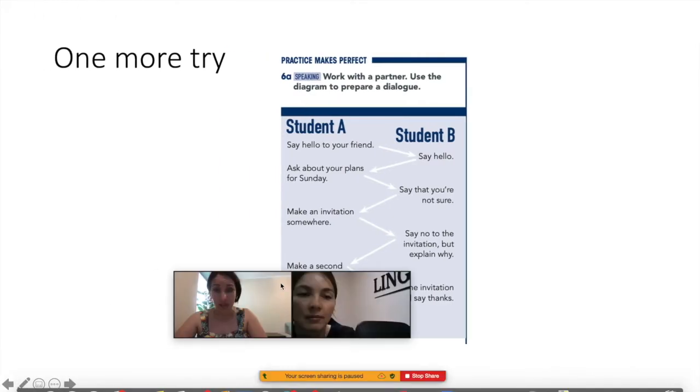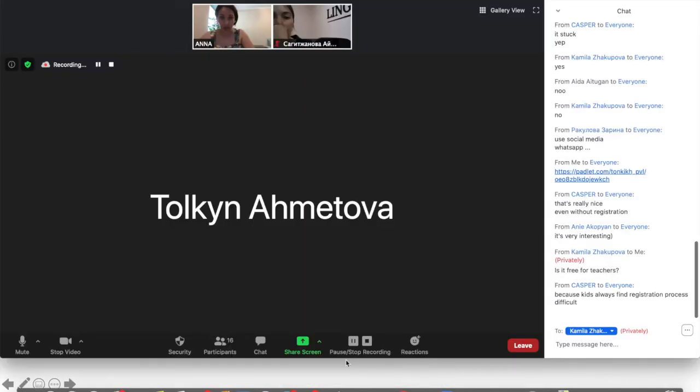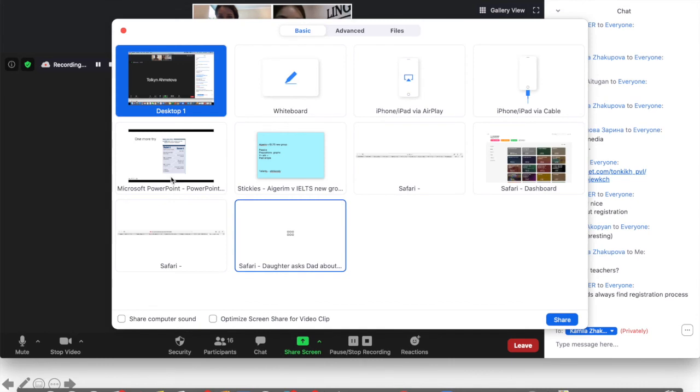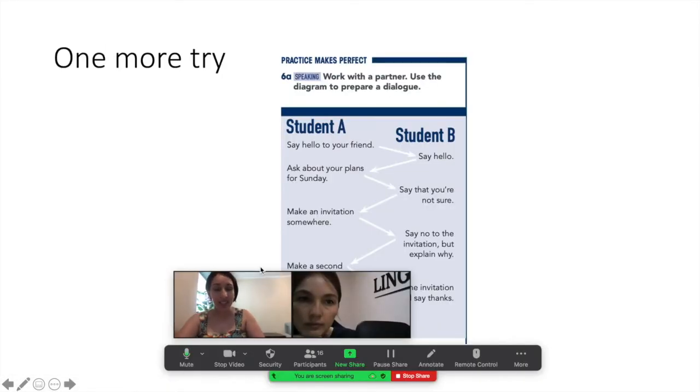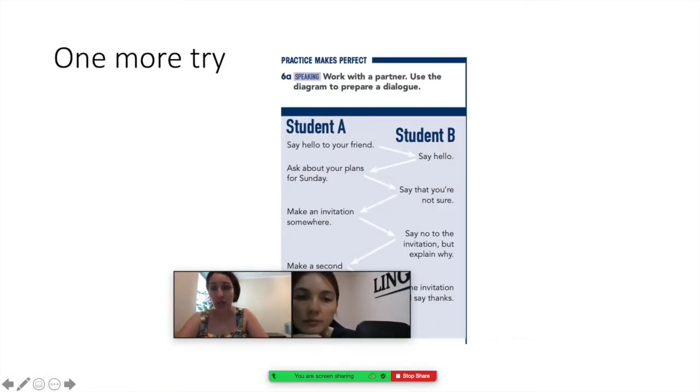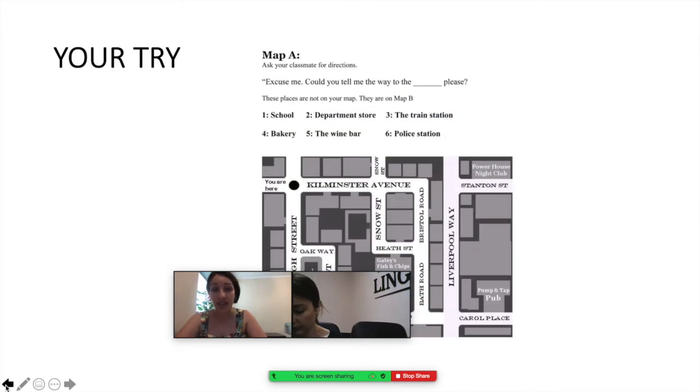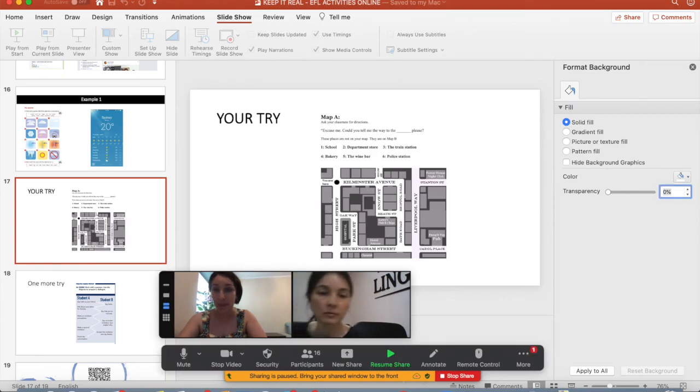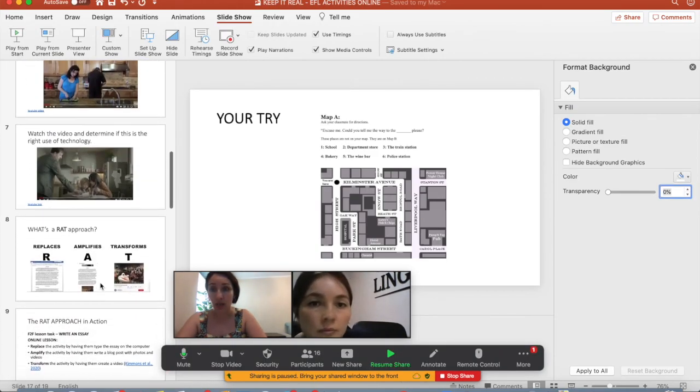So, if I could go back to my slides. The point is that we need to adapt to the online learning environment. We need to keep in mind that it's not enough to just scan a page, make a PowerPoint presentation and put it on screen and keep doing the same thing as we would do in class. We need to really rethink the activities and stick to the rule of RAT.